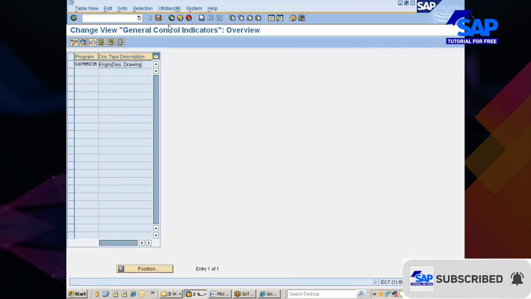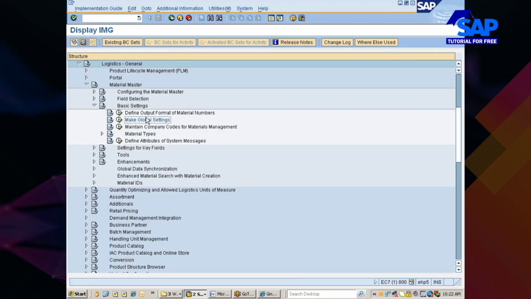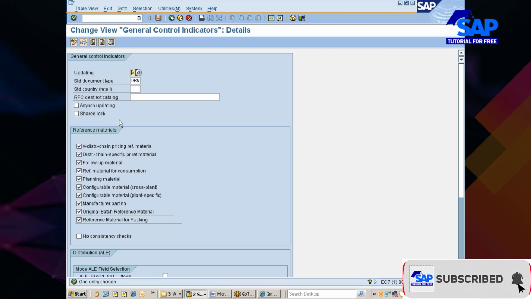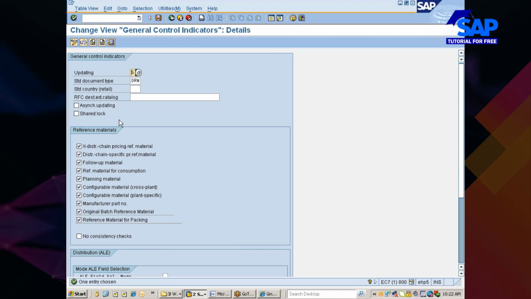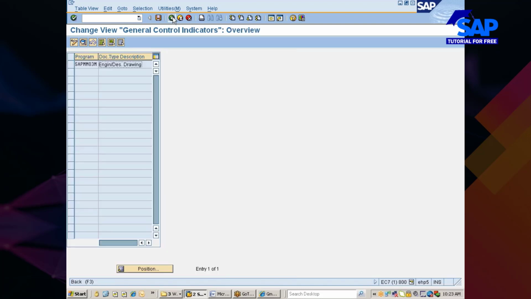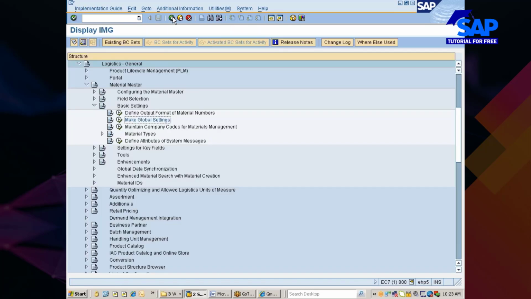Did we discuss this one? Alright, if not, sometimes for some of the materials, especially the imported ones, you will get a drawing of the material or the component. Let's say if you are importing from a certain vendor, you will get engineering drawings for those components. In case you want the document to be associated with the material, we use this one, but otherwise it has no significance. That's the only requirement where engineering drawings etc. can be assigned to the material.